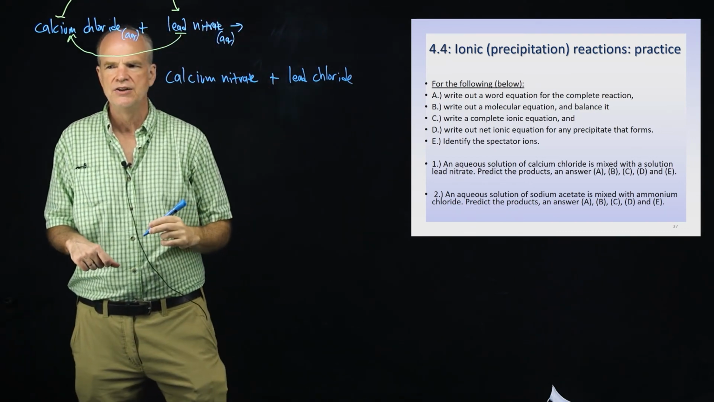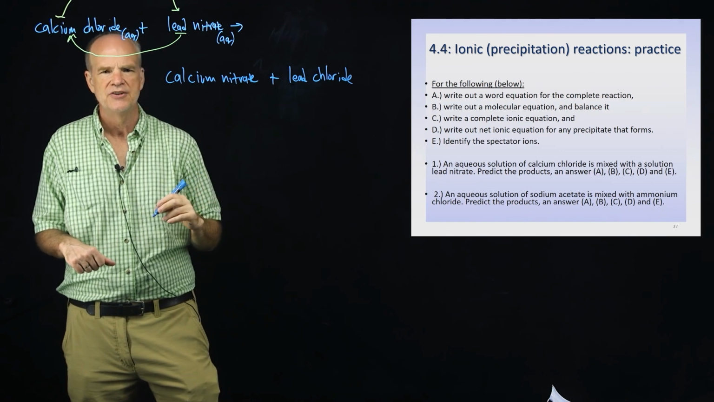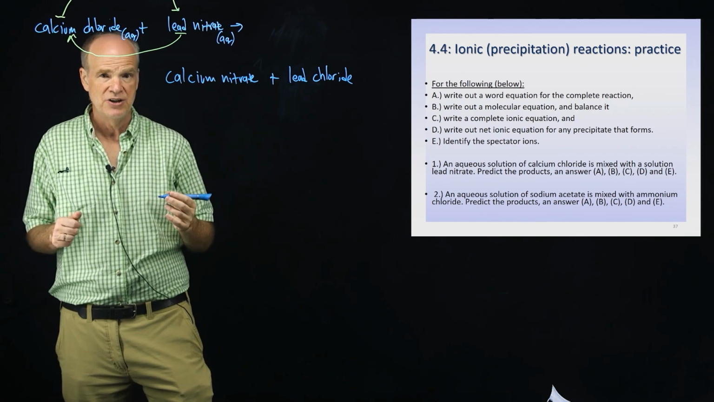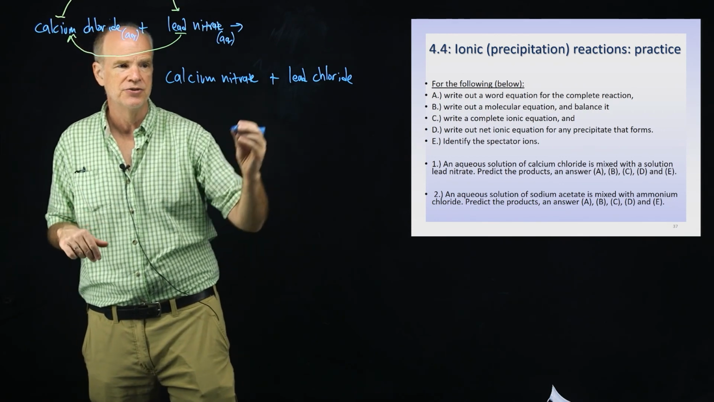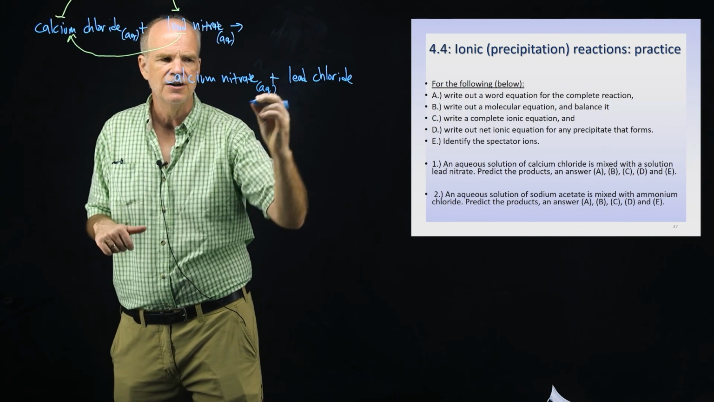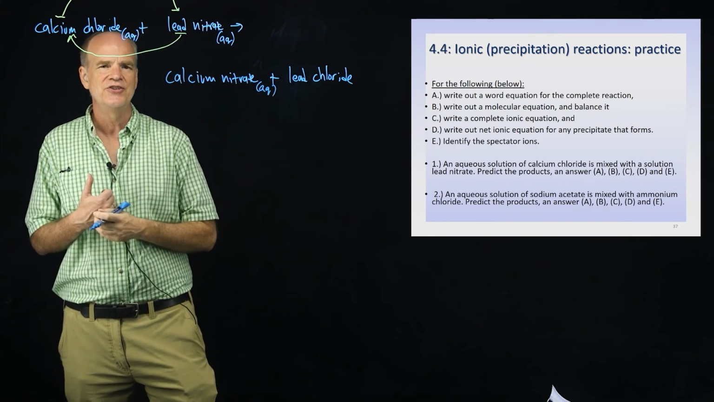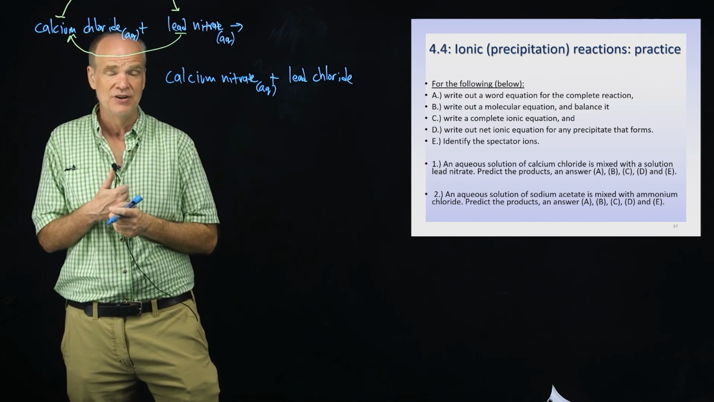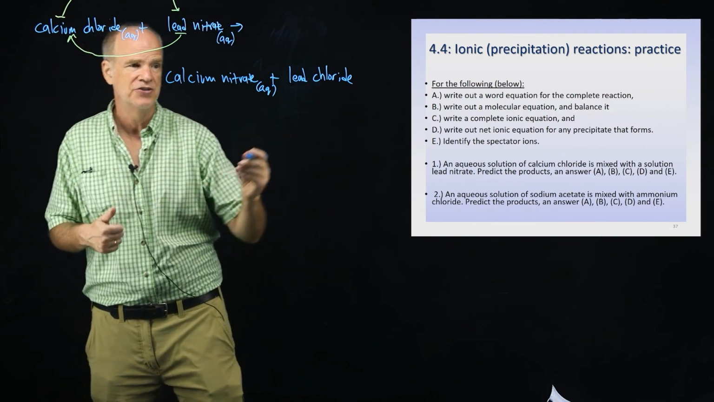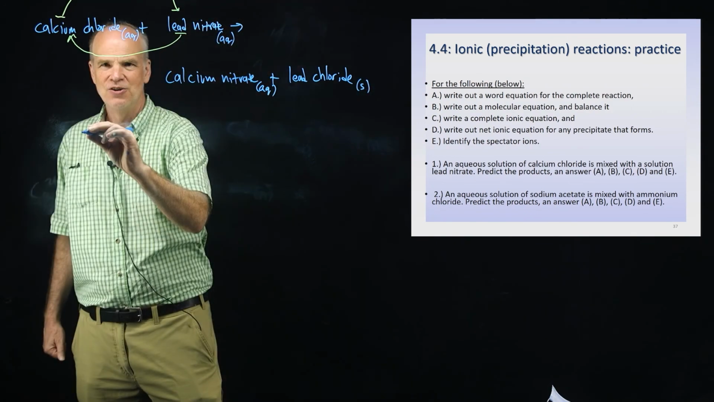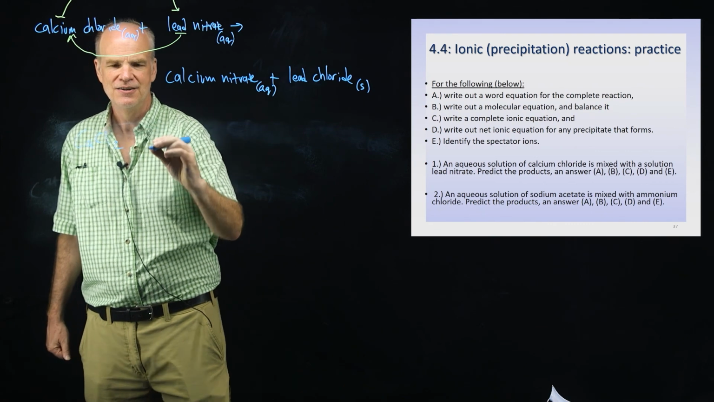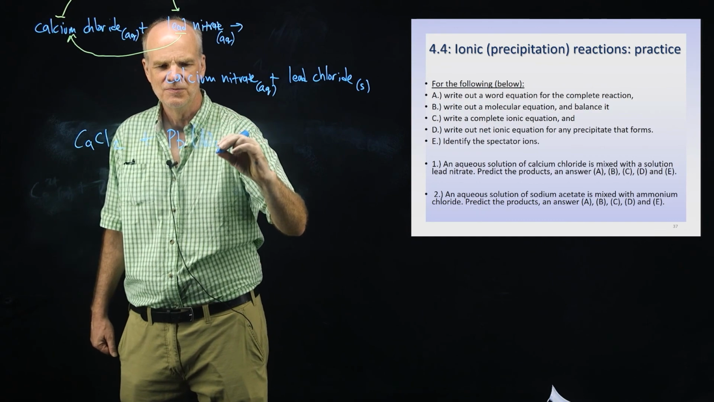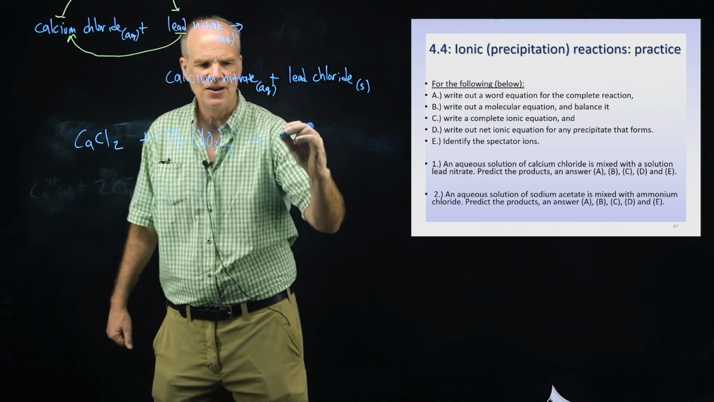Okay. So the next thing we need to do is write out state symbols for these compounds. What you might remember for the product compound calcium nitrate is that all nitrates are soluble, and so it should be just ions in solution. So I'm going to write aq here. And lead chloride, this is one of those halide salts where it has lead in it, and if it does, then it makes it insoluble. So this will be an s here. So we have calcium chloride plus lead nitrate gives you calcium nitrate